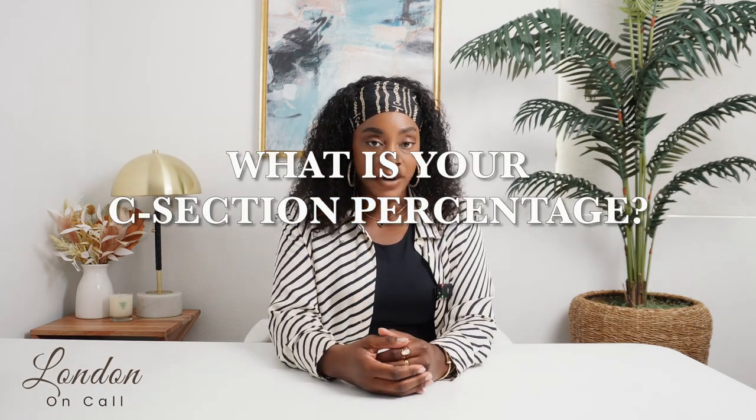Then the next thing that I would be asking is, what is their C-section rate? You do want to know what their C-section rate is, particularly your provider. It's a good question to ask. What is their tolerance when it comes to labor? What is their C-section rate? What is the hospital C-section rate? And what is their personal rate? Because doctors get their own personal rate and hospitals also get their own rate. And it is not an abnormal question to ask. It is actually a conversation that I think should be had